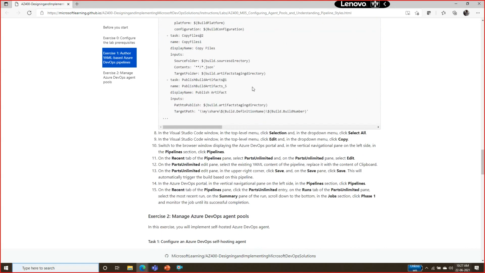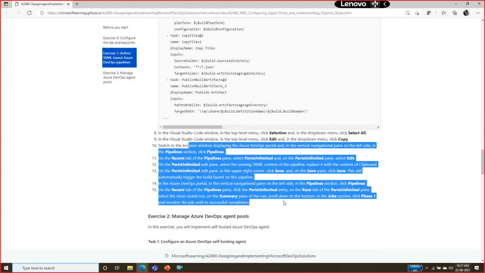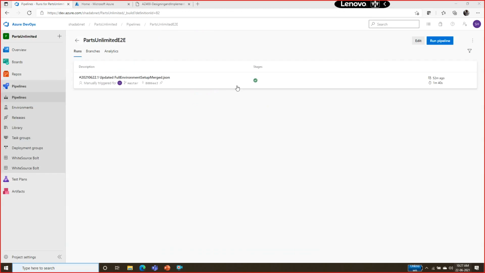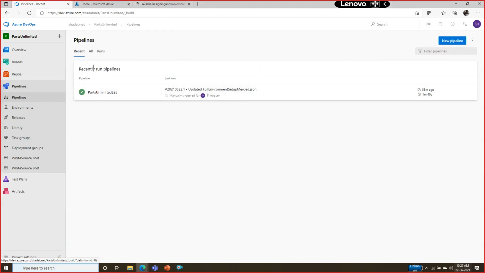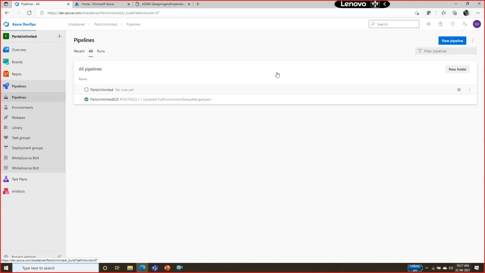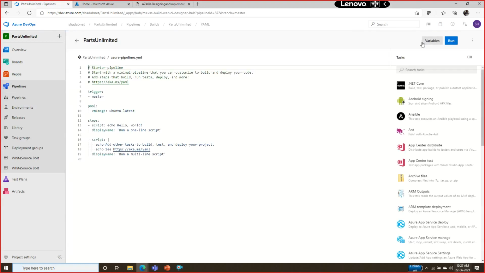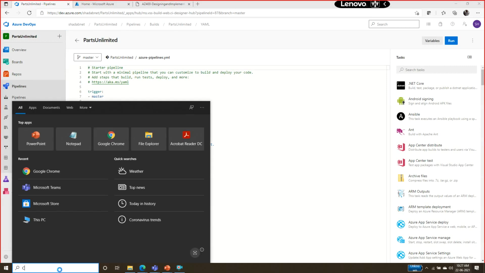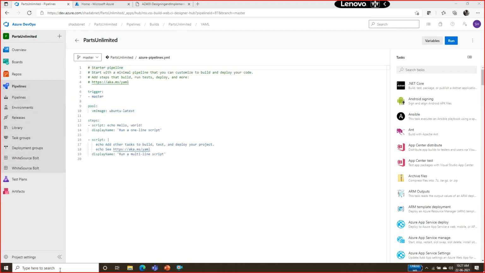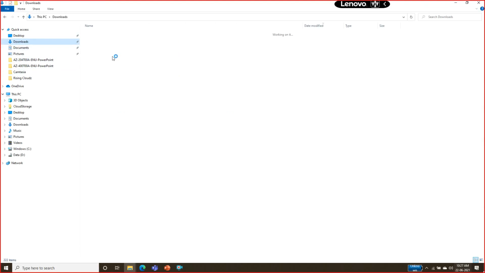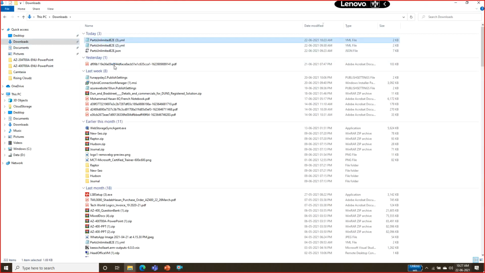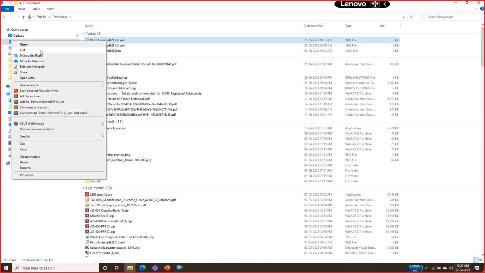What you can do here is copy it and paste that into the new pipeline which you have created. So we have already exported this. We'll go to our newly created pipeline and I'll edit this pipeline. I need to go to the downloads folder. I'll just go and edit this file,